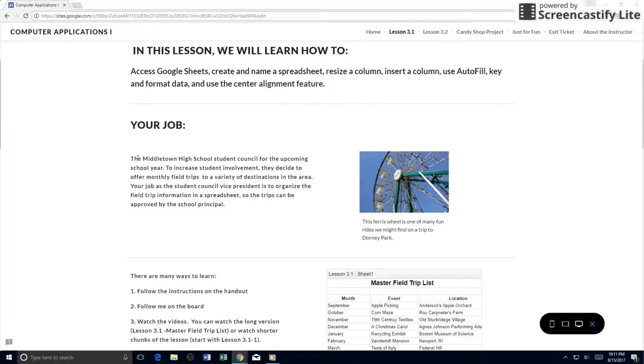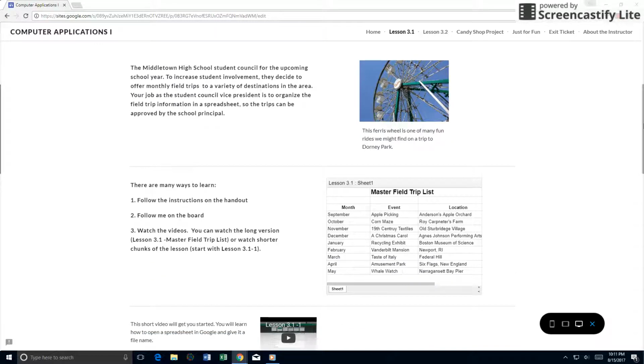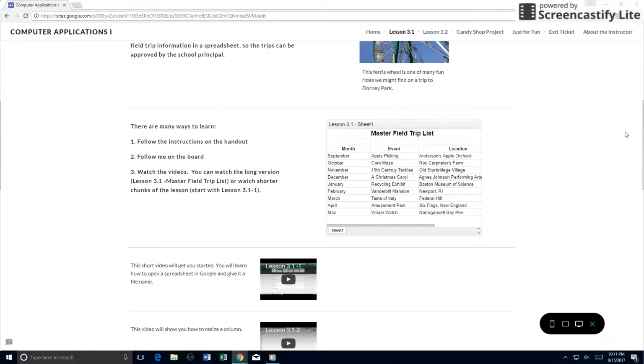This is their hypothetical job here. They're a student council, and they are to come up with a trip and basically sell to the principal. Okay, down here, this website is actually supplemental to me teaching in the classroom. However, if a student is absent because of illness or suspension or field trip or whatever, they can actually do this from home, and there's enough information here that they should be able to do the lesson without me. So I don't know how that goes for job security, but